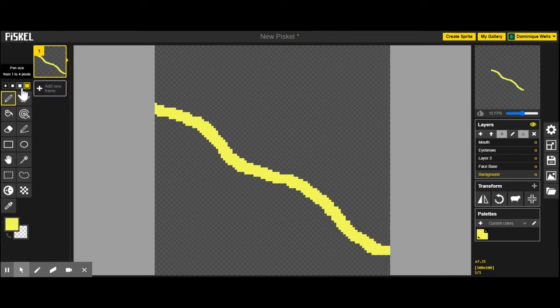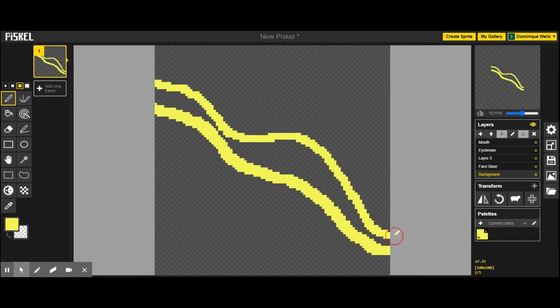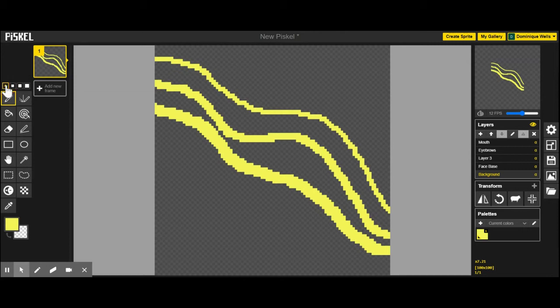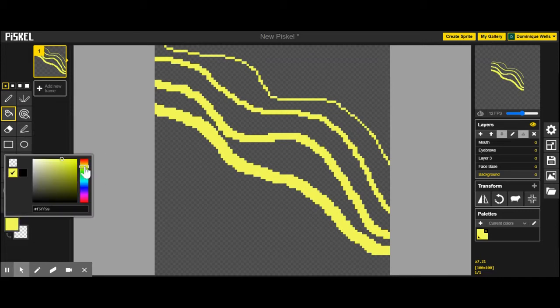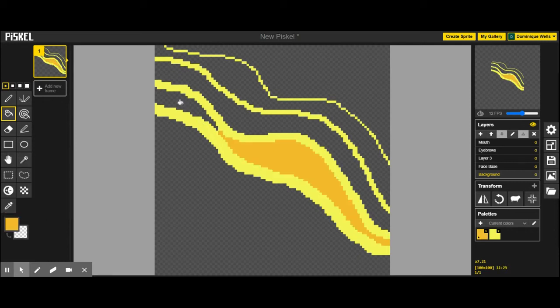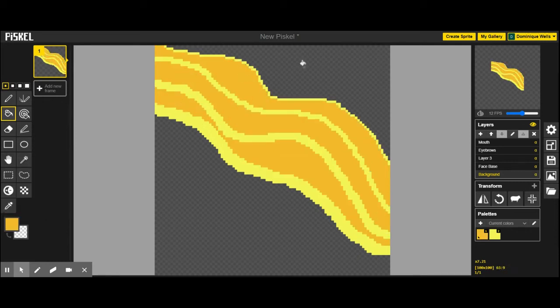I'm going to use my complementary colors to help me out here. So I've picked yellow, and later I will use a bit of purple. You can see that I'm changing the shape of my lines just to show you the difference in the size of the line shape. And I'm using the fill bucket tool to change my colors,